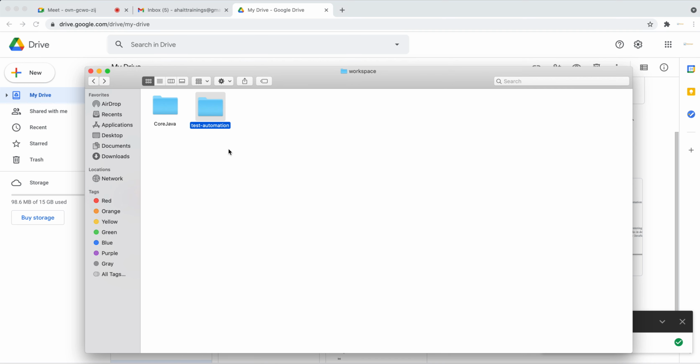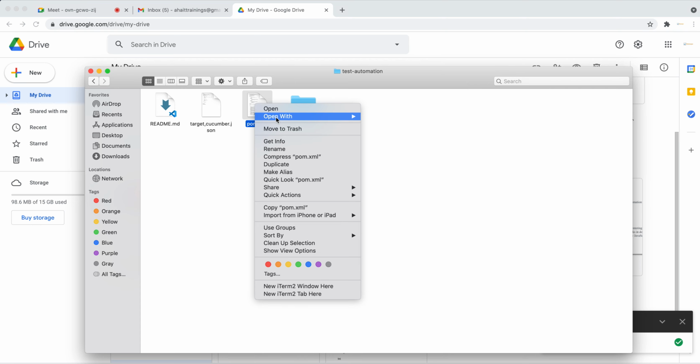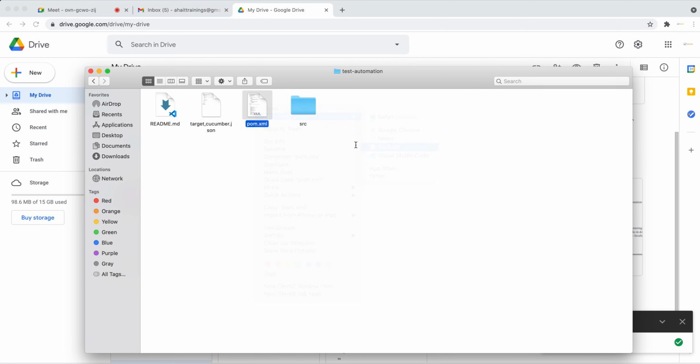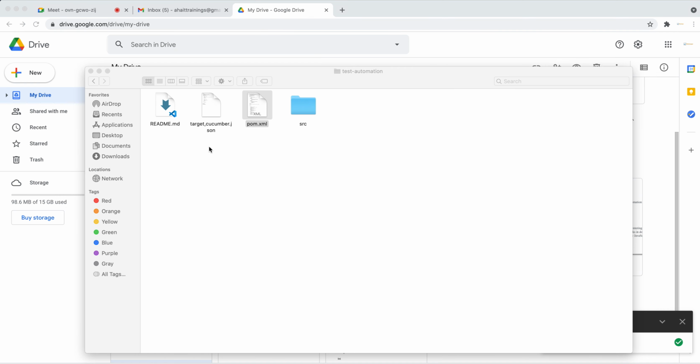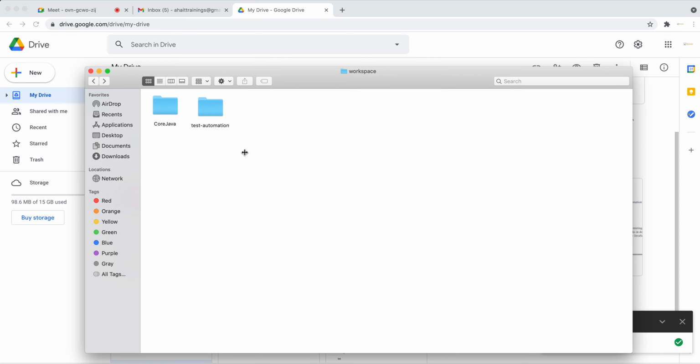Suppose if you have two workspaces, workspace 1 and workspace 2, if you downloaded the file in workspace 1 and you downloaded the file in workspace 2, it doesn't work, because this file has a pom.xml and this pom.xml has group id. That's why what I will tell you is, go to your workspace, delete the existing test automation framework, create only one workspace. Don't create multiple workspaces. Don't put Madhu 1, Madhu 2, Raj 1, Raj 2. Don't do that. Only create a folder workspace.